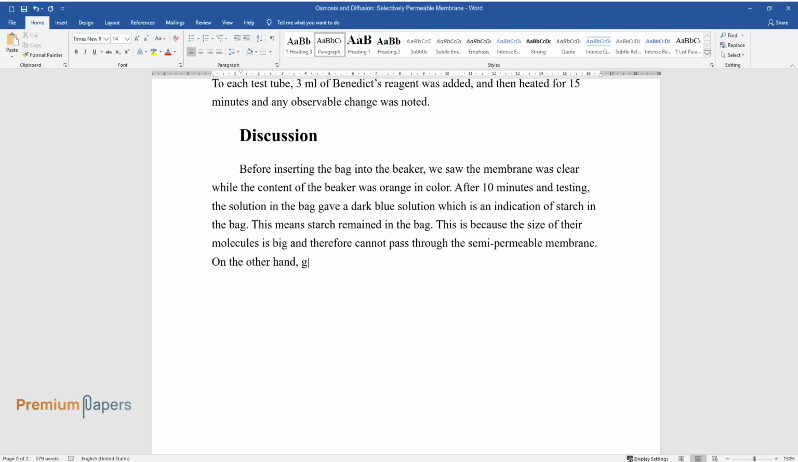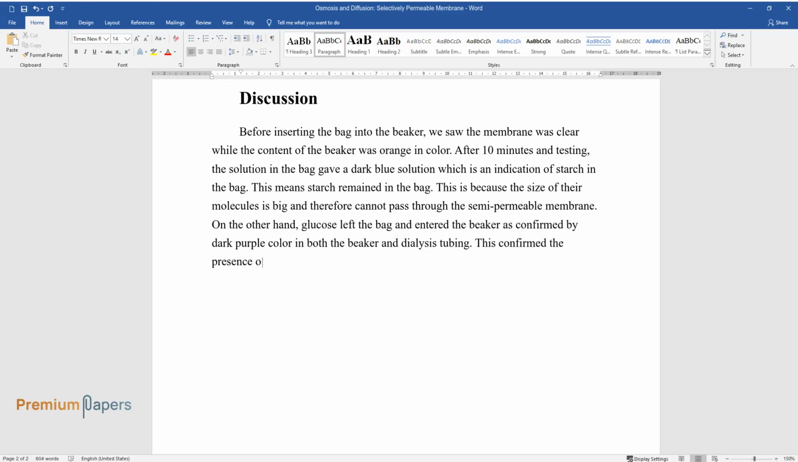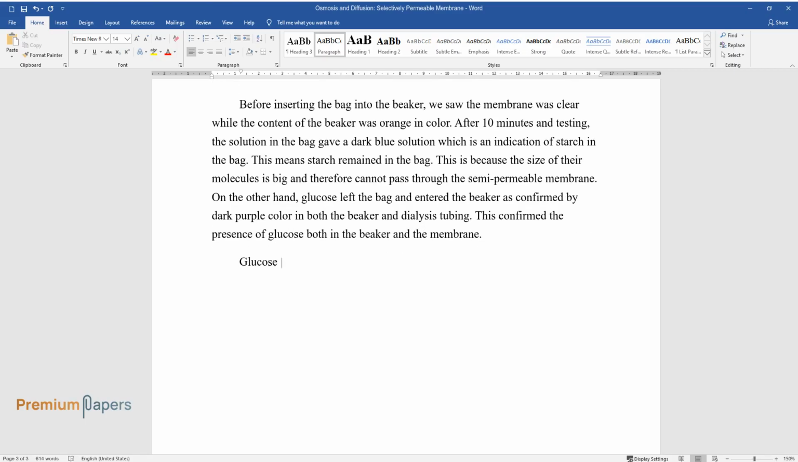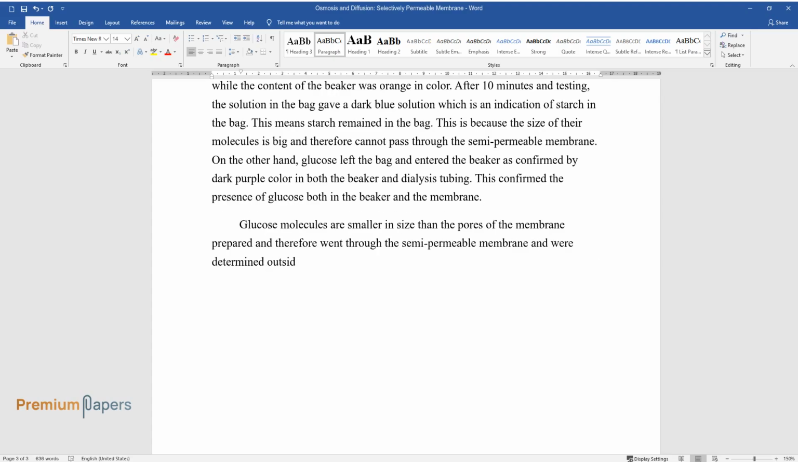On the other hand, glucose left the bag and entered the beaker as confirmed by dark purple color in both the beaker and dialysis tubing. This confirmed the presence of glucose both in the beaker and the membrane. Glucose molecules are smaller in size than the pores of the membrane prepared and therefore went through the semi-permeable membrane and were determined outside the dialysis tubing,